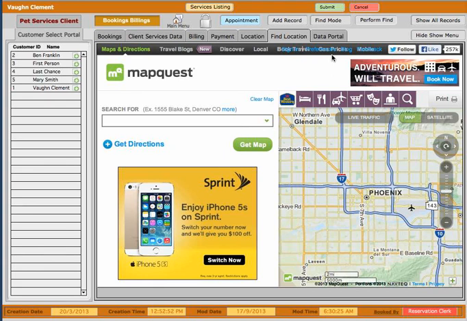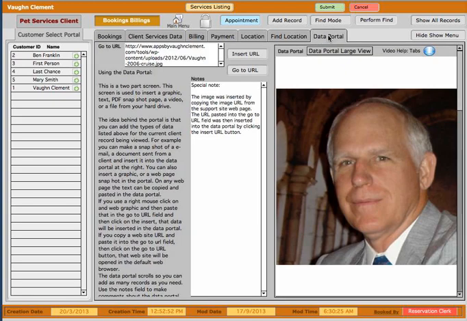Now what we're going to talk about is the data portal. This is the last tab on this area. The data tab has a couple of different uses. If you have clients where you may be doing a contract, or you have some kind of paperwork, or you want to do some things about the animals that they actually are using as far as what the services are for,